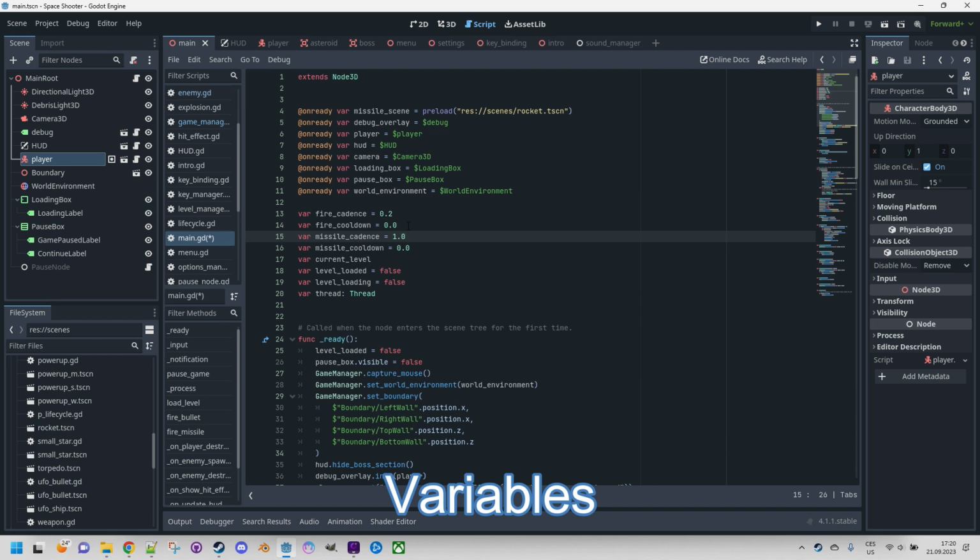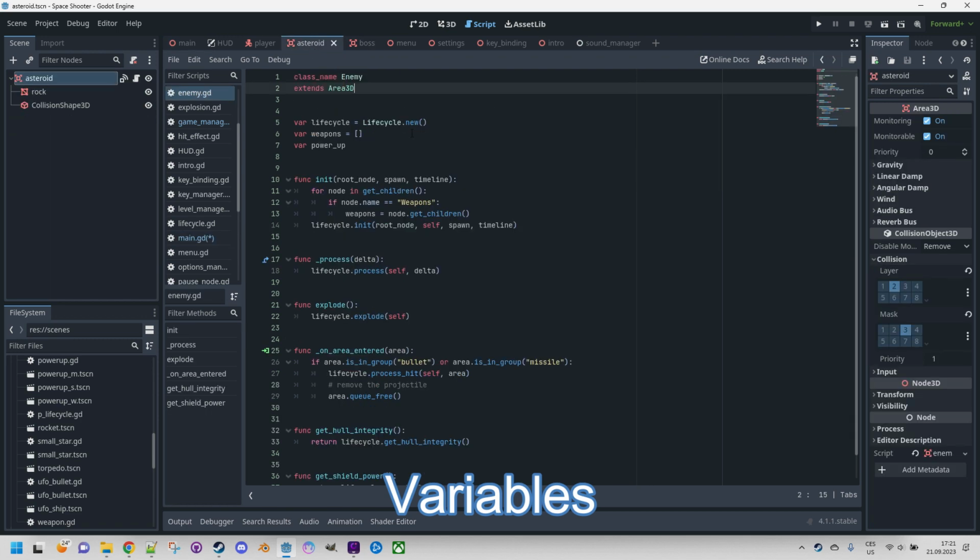It's important to mention that the variables, as we declare them, are unique for every instance of the particular class. The main script isn't the best example to explain that, because we use the main scene only once in the whole project. But let's take a look at the enemy class. Here. As we know, the game spawns many instances of enemies to attack the player's ship, and each enemy object has its own version of the life cycle, which means that they can individually and independently explode, change their behavior,